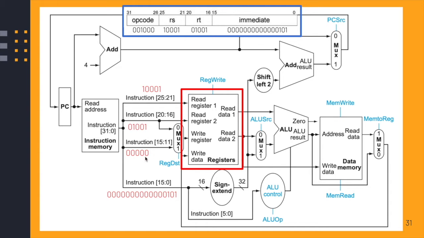5 zeros, okay? So I retrieved 5 zeros from the instruction. Is this my destination register? No. Do I have a destination register called RD? No, my destination register is the RT, or the target, not the RD, because we are an I format, not an R format. So these bits are not relevant, and whatever information they have,